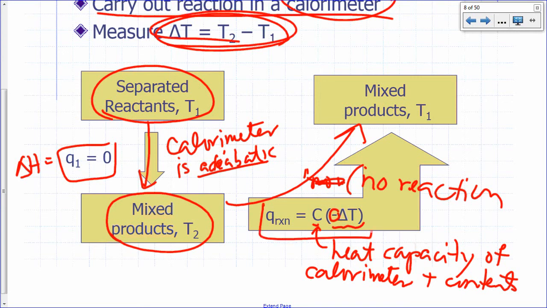So this is the fundamental equation that you use when you're trying to measure heats of reaction. The heat of reaction is just equal to negative C times the delta T that you measured when you carried out the reaction. Okay? Another